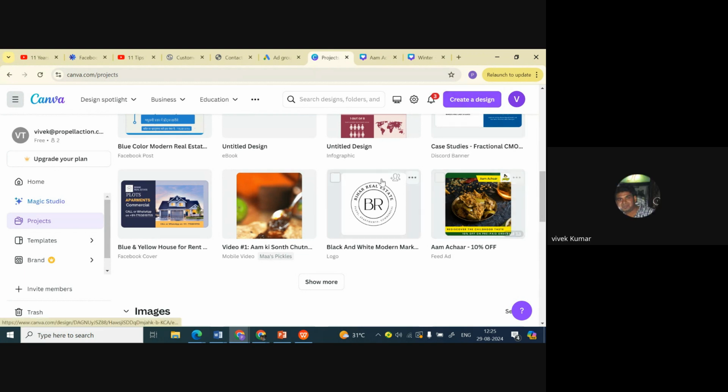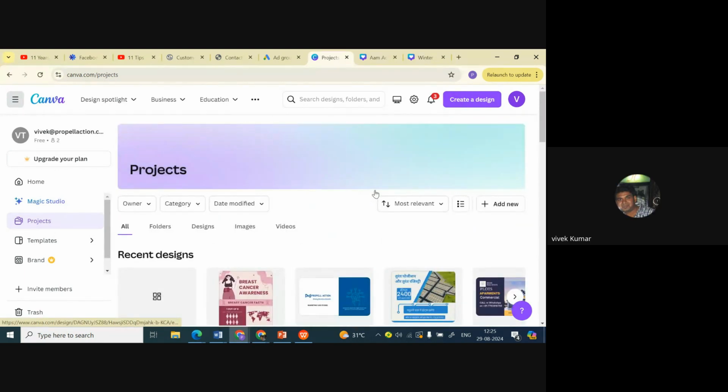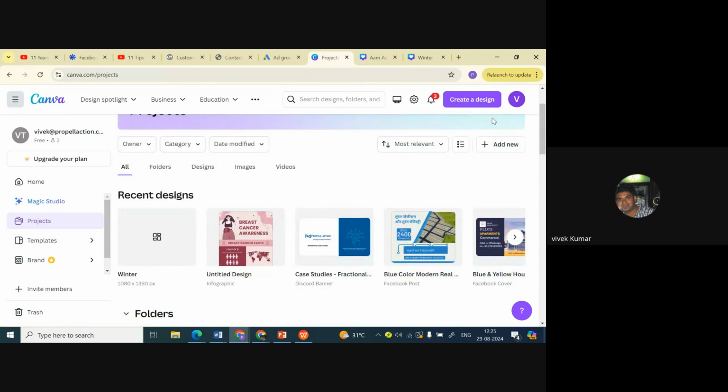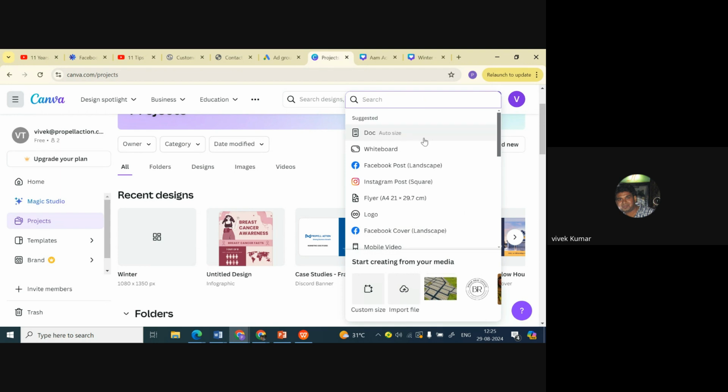See, one thing that you can do to avoid this, because normally Canva is meant for digital. I won't say that it's purely for digital advertising, but most of the use cases are for digital advertising, like social media and ads. So what you can do is when you are creating a design, and let's say you are creating a business card,